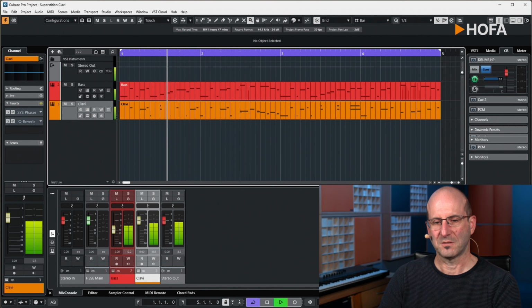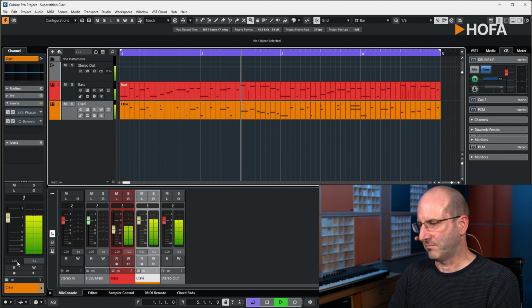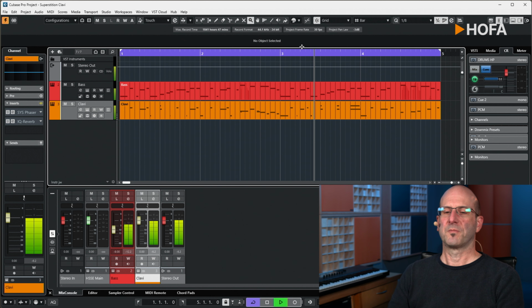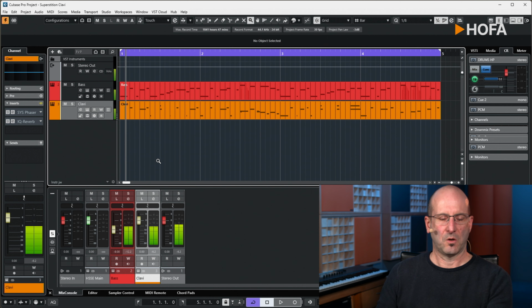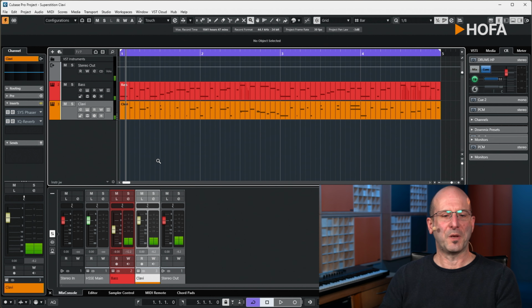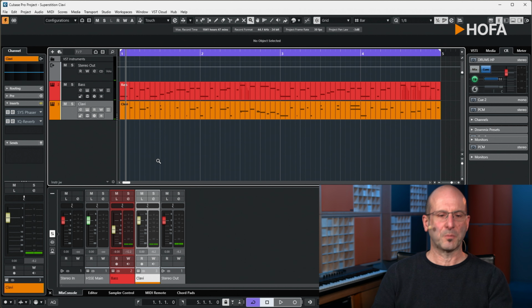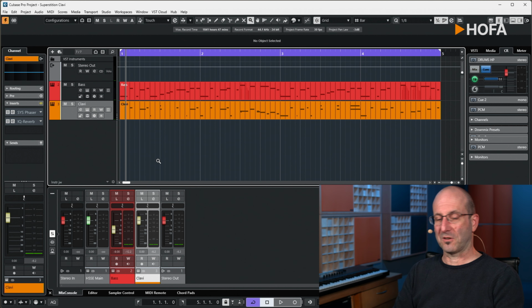Phaser and flanger. And now I want to show you another use for the phaser, which I think is quite interesting. The one or the other of you may know this song. It's Superstition by Stevie Wonder. Again, a song from the 70s where a lot of these effects were really famous, and